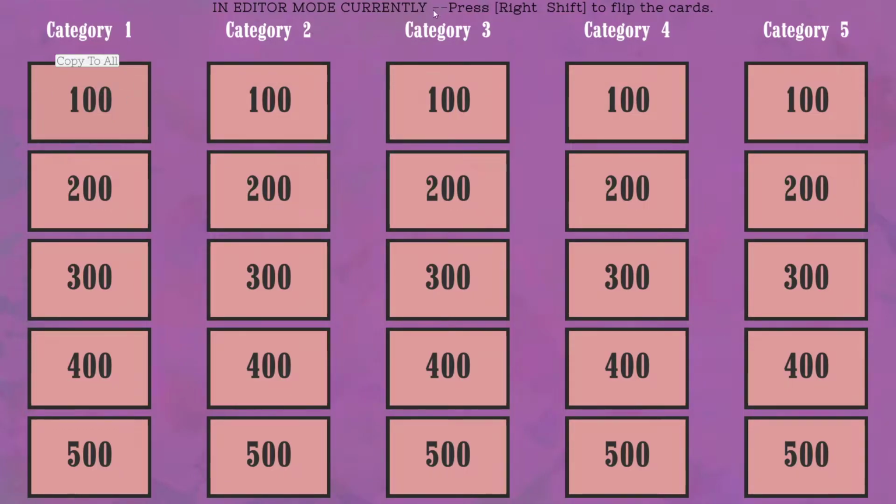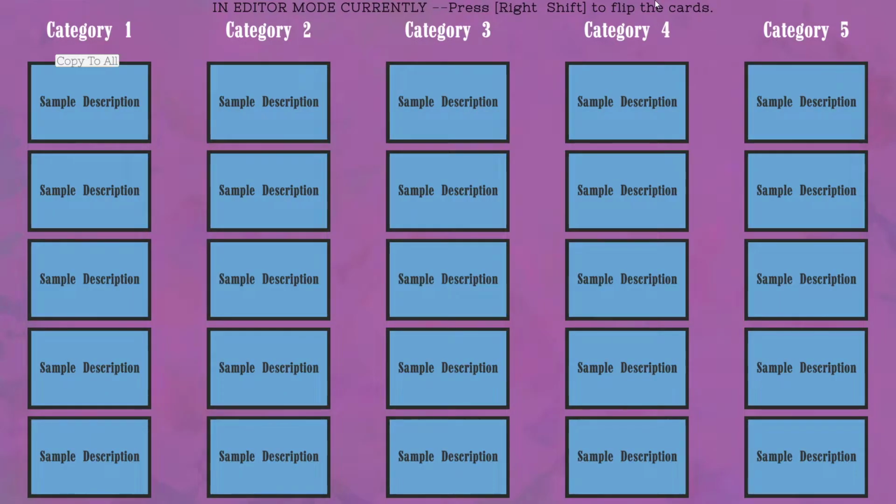And you can see in editor mode currently, press right shift to flip the cards. So I can actually press right shift and change the text here, which can be the question or description, you know. It could be something like, oh, well, I'll just say, what is your name? You know,